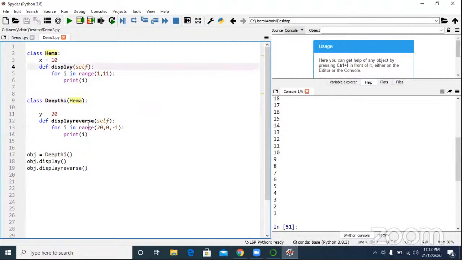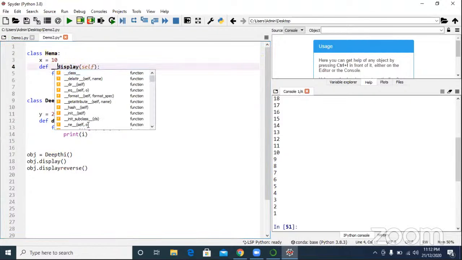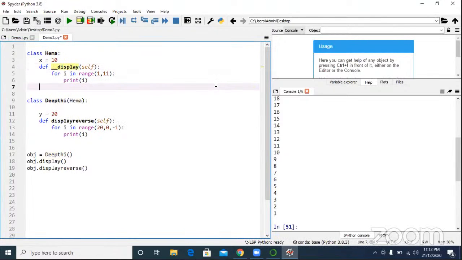Now you know underscore. Is it a public method or private method? Private. Now Deepti is asking Hema, can you give display method to me? Then Hema said, no Deepti, I cannot provide. It's my own functionality, I don't want to expose it to anyone else. That's why Hema made it a private method.